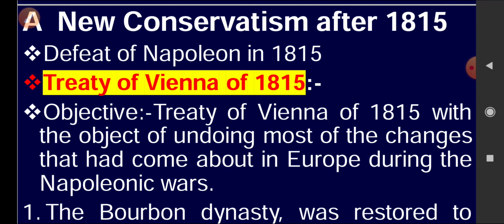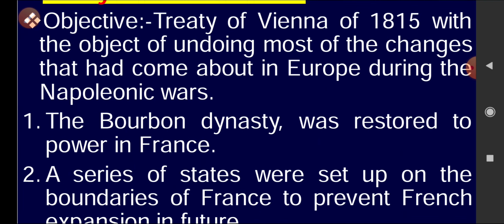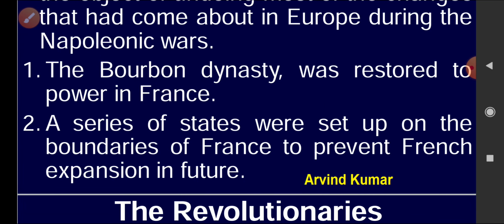and the purpose of this Vienna Congress was to undo the changes which Napoleon Bonaparte did during his period. The purpose of this Vienna Congress was to establish monarchy once again in Europe. Here are some provisions of this Vienna Treaty. One by one I am going to explain. The first one is, by this Vienna Congress, the first point you may see on the screen, the Bourbon dynasty, the dynasty of France, was restored once again,